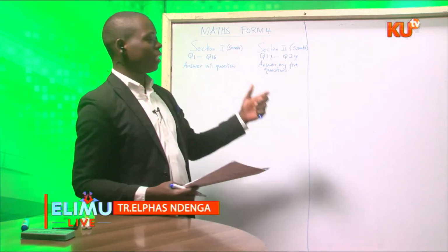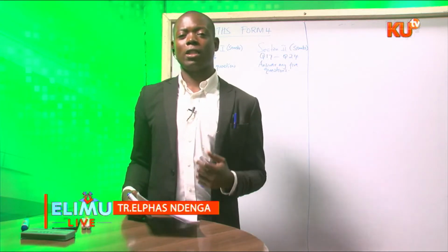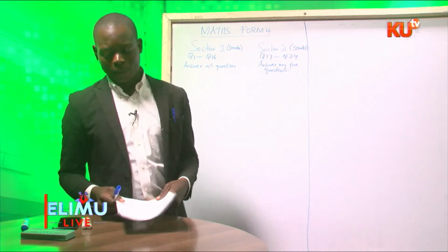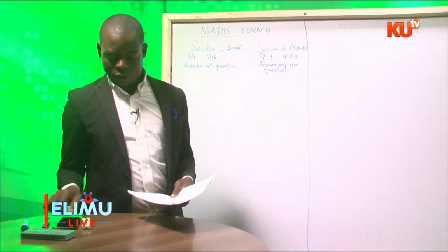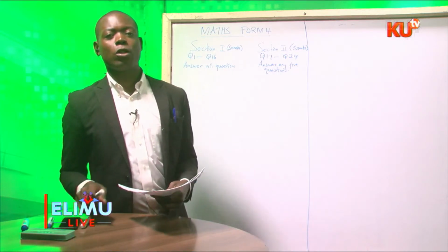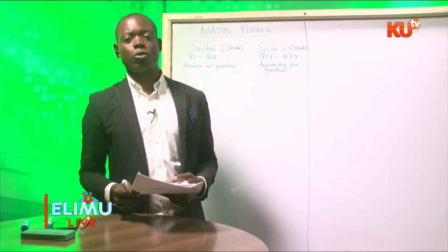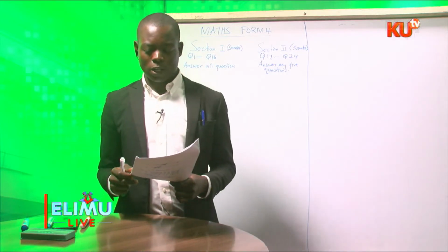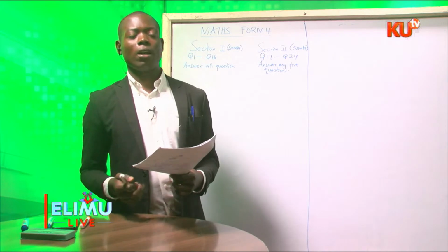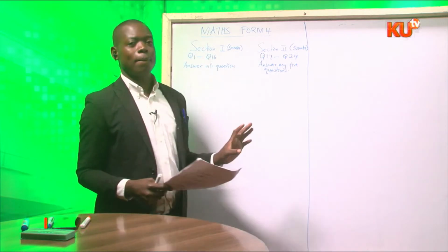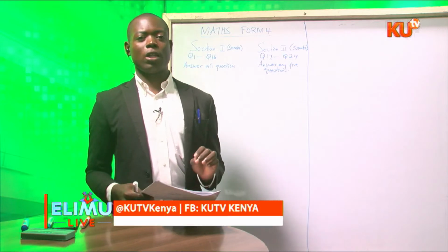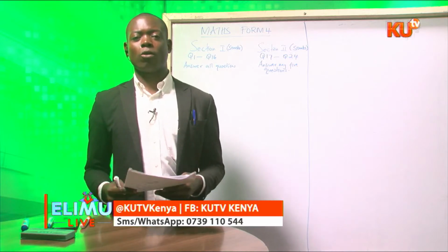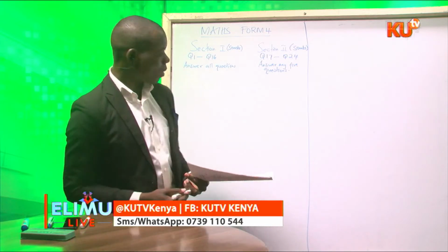And these are the sections that cover content majorly from Form 1 and Form 2 work, as we shall be able to highlight. Our basic thing today is to discuss specifically what are the components that constitute this kind of paper, and how we go about it. I will give a few concepts for section 1 and a few highlights for section 2 so that you get to know what are the common topics in section 1 and what are the common topics that will contribute to section 2. So our first